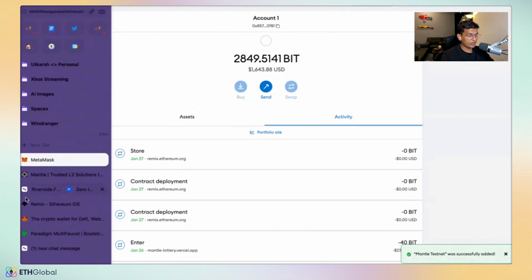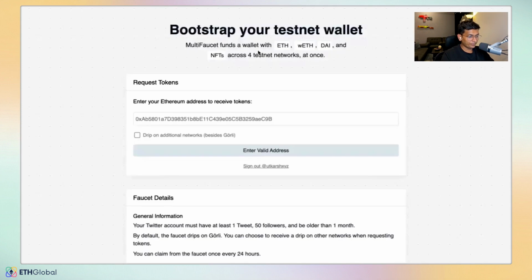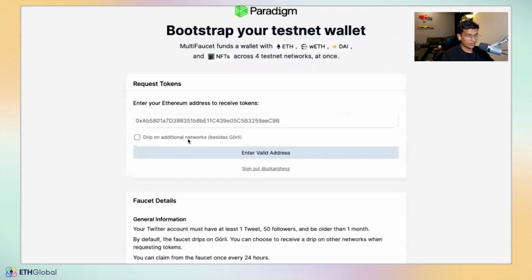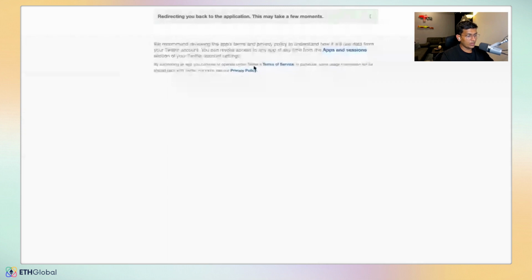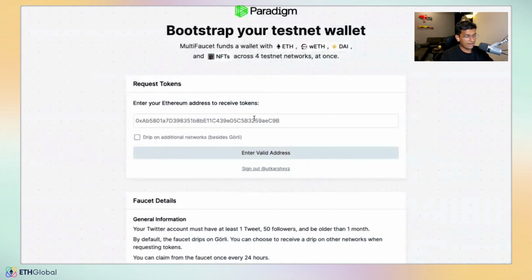Paradigm Faucet, here we go. Okay. Yeah, so let me just sign out really quick. So this is how the landing page of the Paradigm Faucet will look like if you're trying to use it for the first time. Sign in with Twitter. It will ask you to approve. I've already approved it, so it wouldn't ask me again. Then